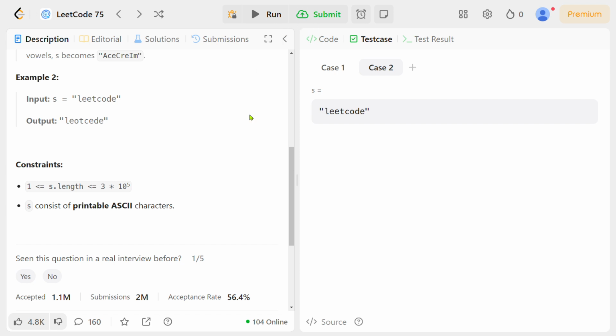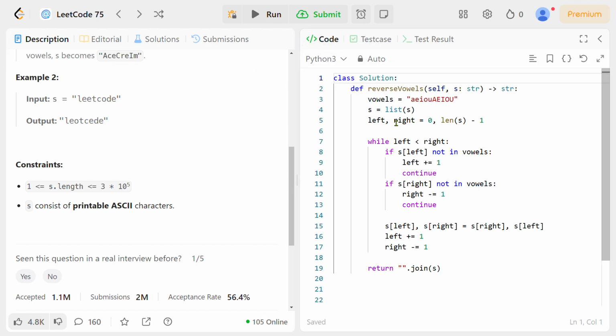So let's see how I approached this problem. Here we have a class Solution and a predefined function named reverseVowels. Self is a parameter of the class, and here self works as the object of this function.